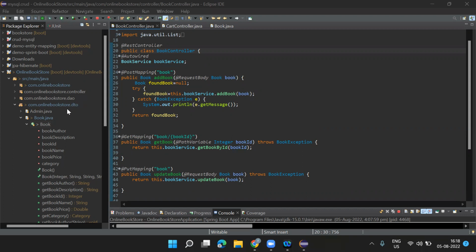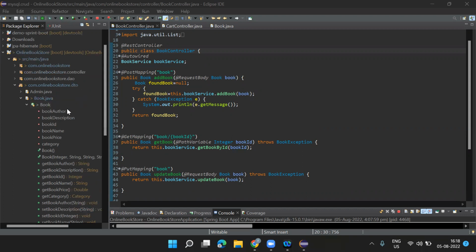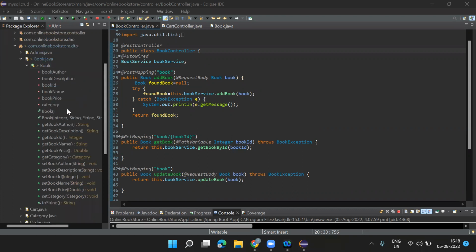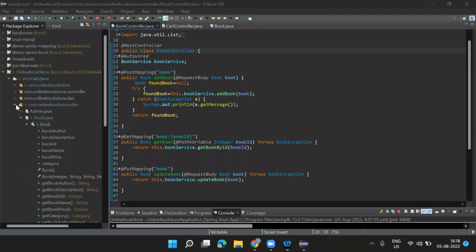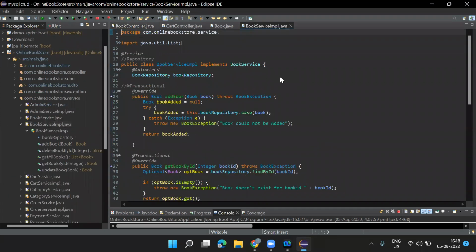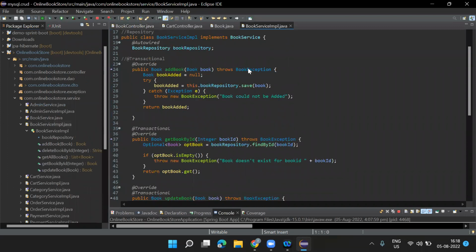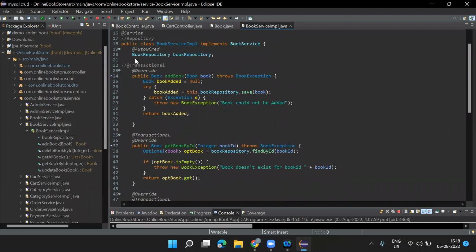Yes, sir. So this is the implementation of the book service. Basically, what I'm doing is, can you explain this method?